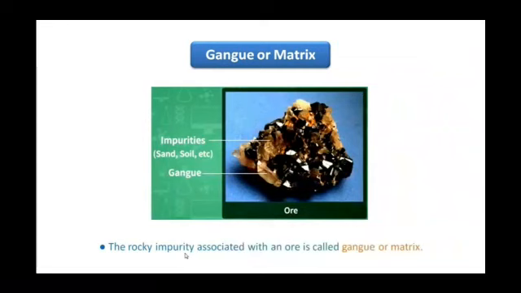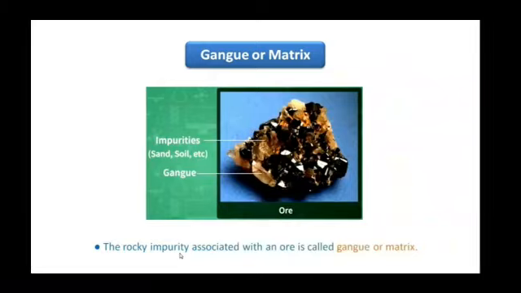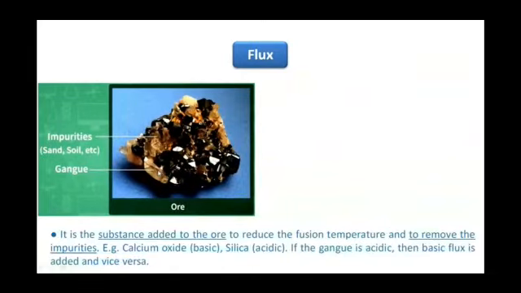From the earth's crust, we are extracting the ore, and the impurities, that is soil, sand, etc., present along with an ore is called gangue or matrix. Next term, flux. To remove the impurities of the ore, a substance is added to the ore, and that substance